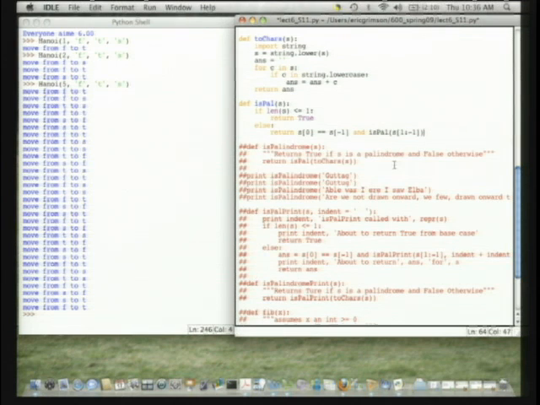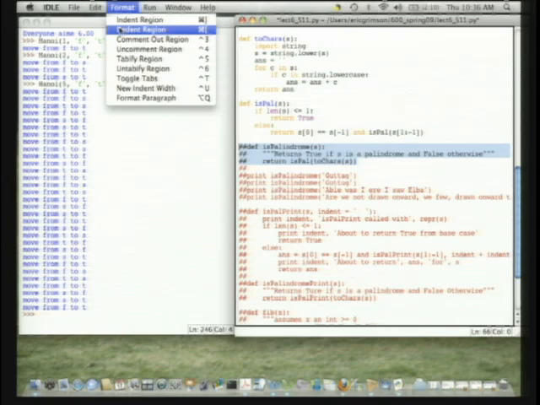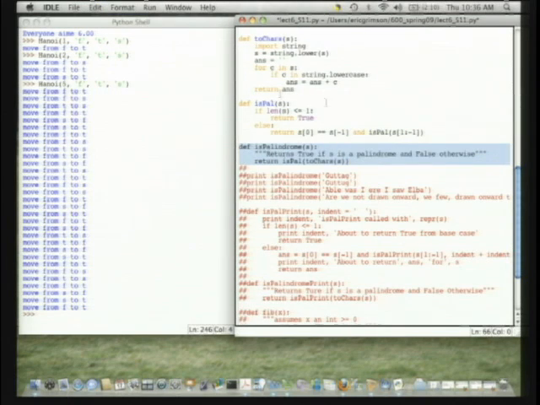Now, let me just wrap all of that up in a little piece here. I'm going to uncomment this, which is simply going to say, I'm going to put the two pieces together. Given a string, I'm going to convert it into all lowercase characters, and then I'm going to check, is this thing a palindrome? So again, let's